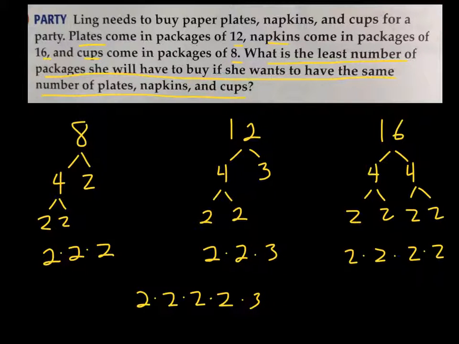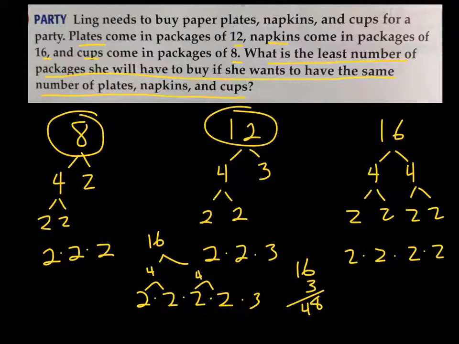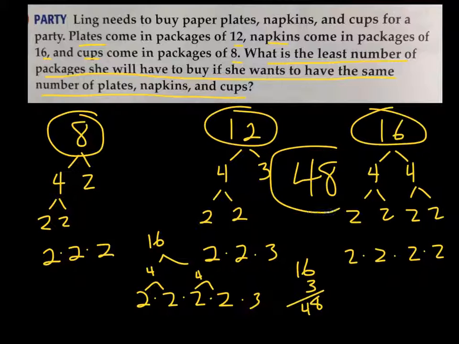Alright, so I know 2 times 2 is 4, and this 2 times 2 is 4, and that's going 4 times 4 is 16, and 16 times 3 gives me 48. So my least common multiple for these 3 numbers is 48. And 48, and then the label on there would be packages. So I should have written that in there too. Packages. Sorry, it's sloppy, but